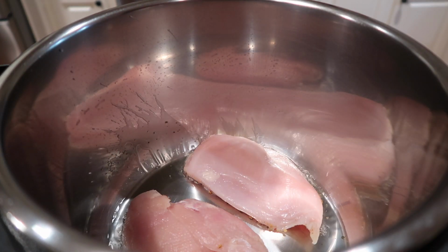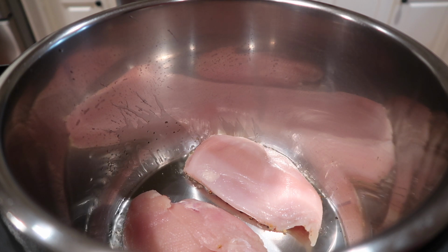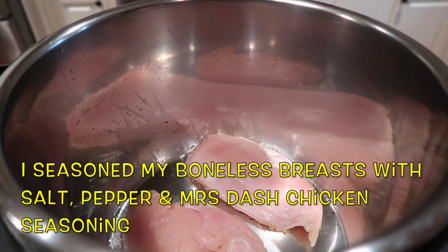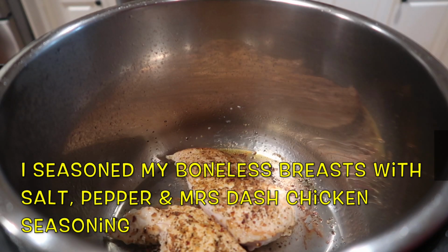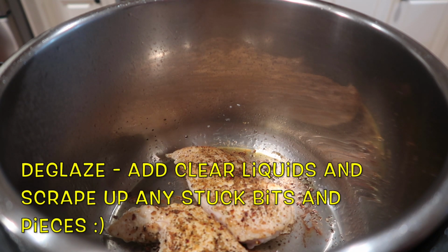I'm going to saute the chicken breast in a little oil. Mine are very thin. The recipe called for 1 pound. Mine weigh about 10 ounces, so I'm going to cut it back from 10 minutes to about 7 or 8 on high pressure. My chicken breasts have browned on both sides, so now I'm going to deglaze the bottom of